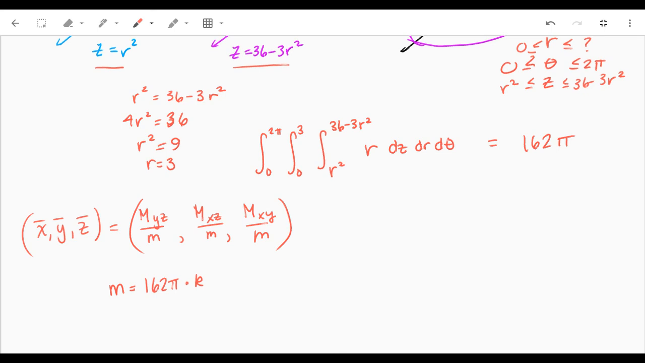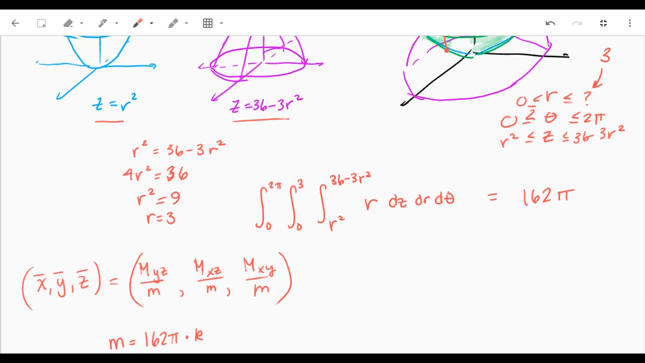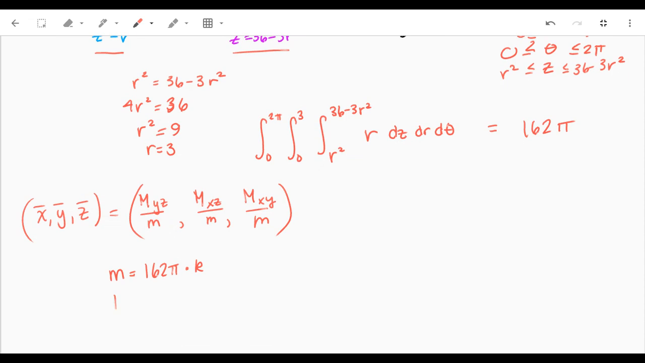And then additionally, if I look at the graph, that symmetry that we have there means that the moment of that guy around YZ is 0, and the moment around xz is 0. Okay,